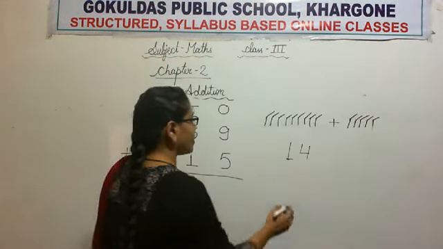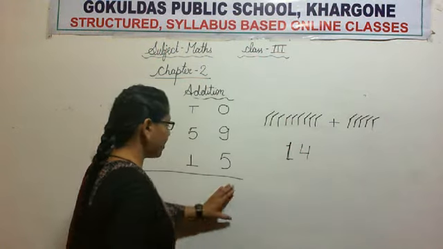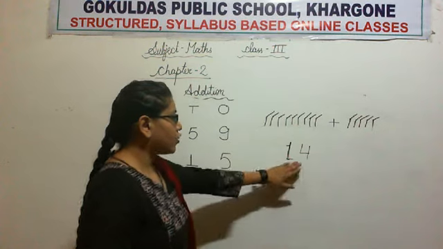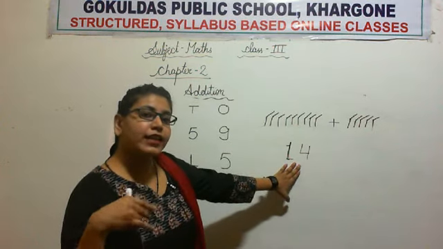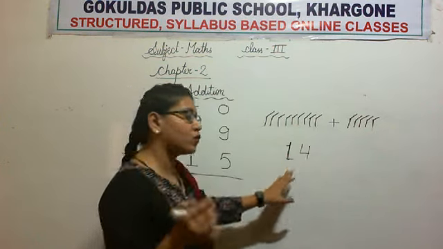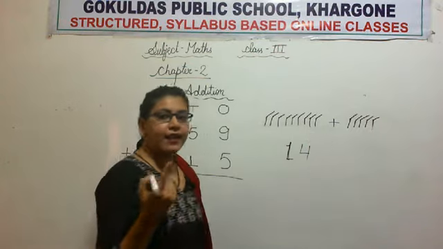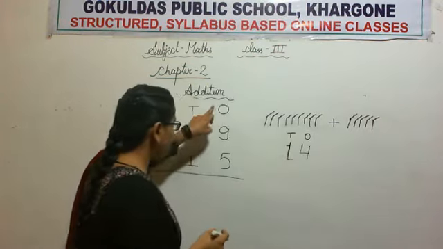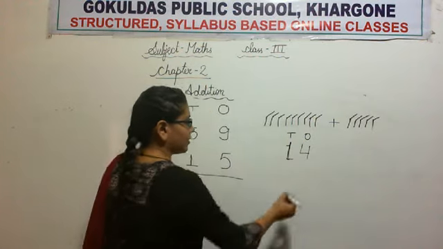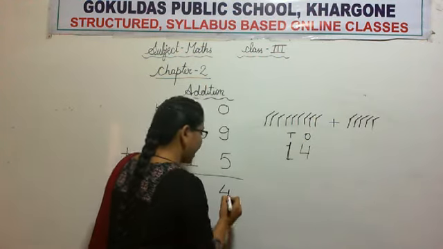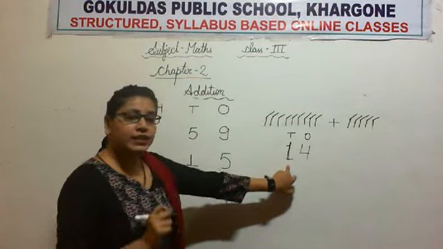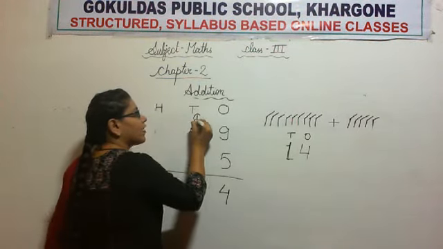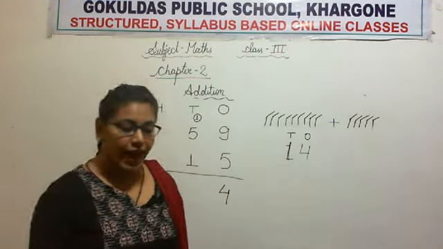So we cannot write 2 digits here. So 14. How many digits does 14 have? 2. So we will start writing ones and tens, because we have started from ones. So we will write 4 here, and the 1 is of the tens position. So we will write 1 here in the form of carry.